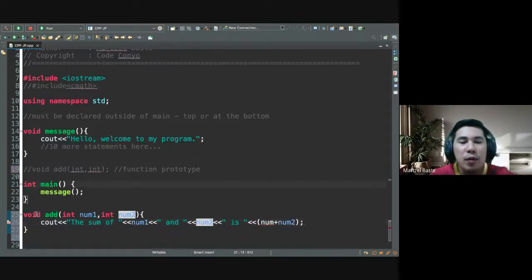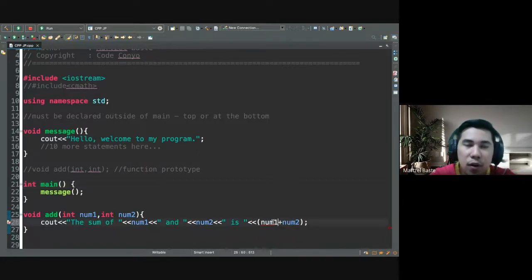So if you're going to create a function outside of a main, but it is placed at the bottom part of your program or bottom sa imong main, this is not allowed